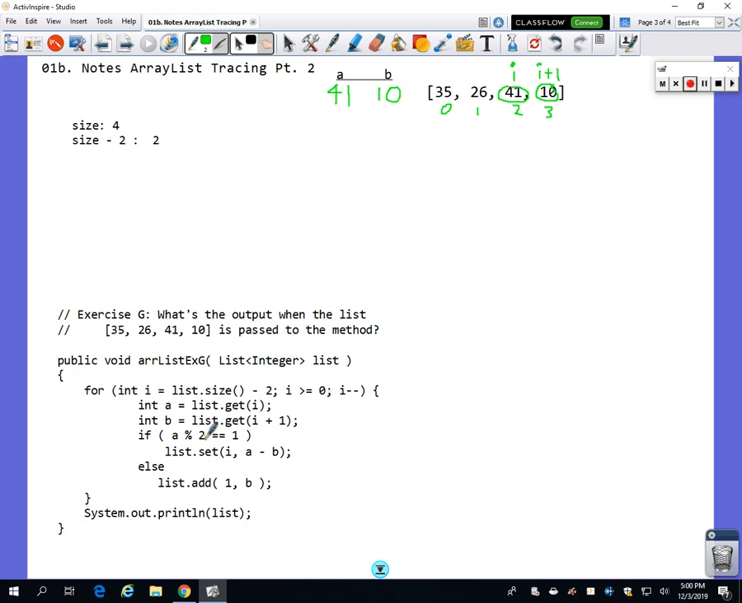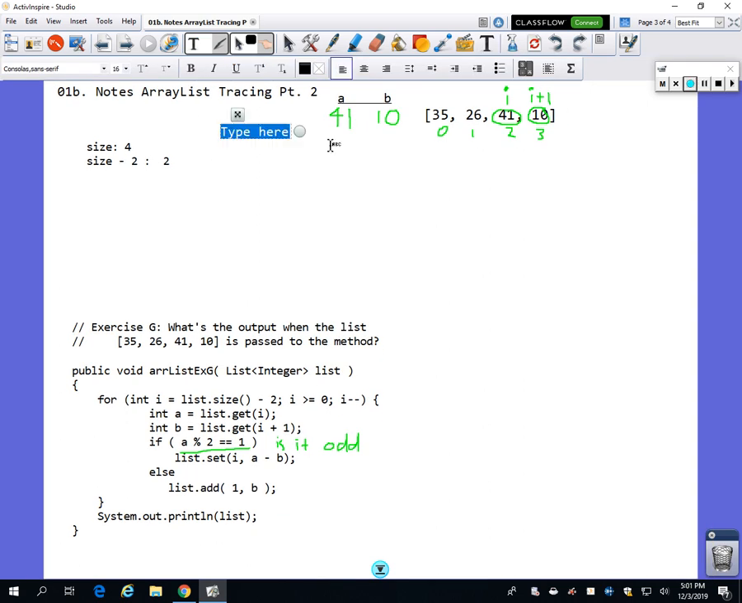Then it tells us if A mod 2 equals 1. So we have to see if 41, which is A, mod 2 equals 1. That's just saying, is this odd? Because if we modulus 2, that's basically saying, what's the remainder when we divide by 2? If it's 1, that means it's odd. Since 41 mod 2 is equal to 1,